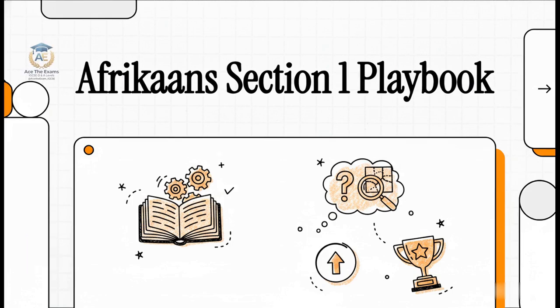I'm your host, and as a Cambridge curriculum architect and someone who has spent way too many hours looking through the examiner's lens, I know exactly where students lose marks and exactly how to get them back. Today, we are opening up the ultimate examiner's playbook for Section 1 presentation, topic selection, and preparation. This is a critical foundational module for the Cambridge Afrikaans language 8679 AS level.